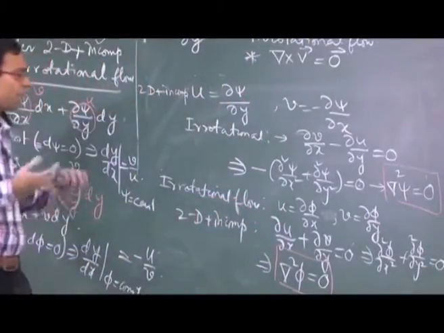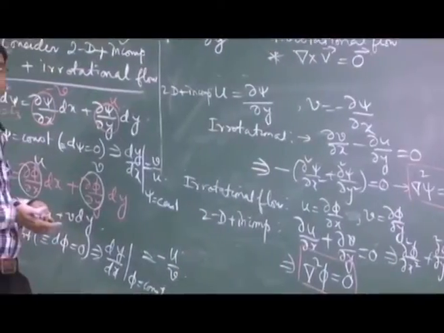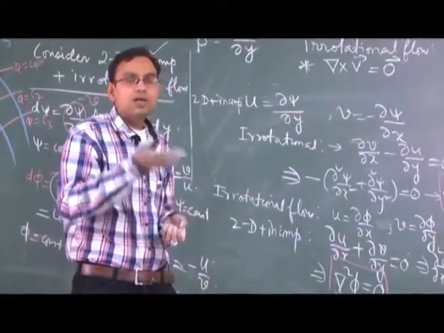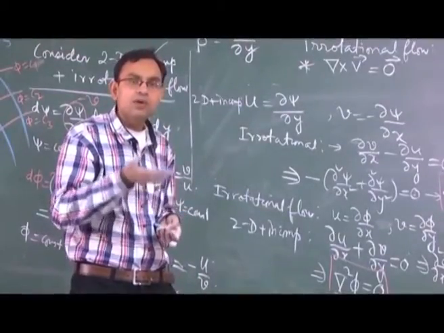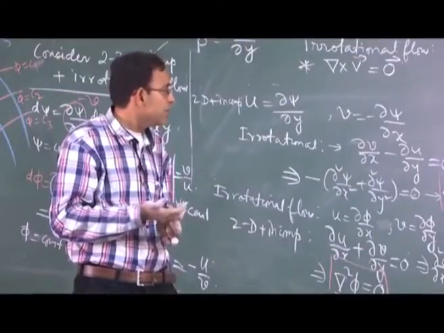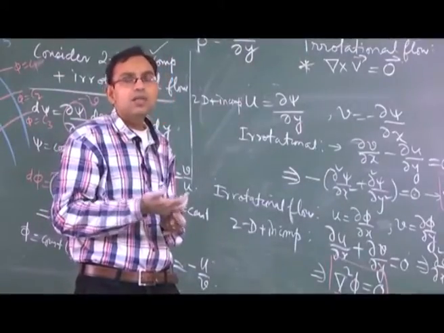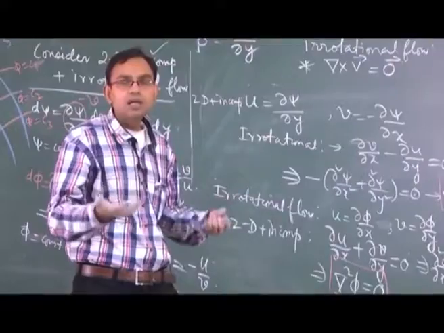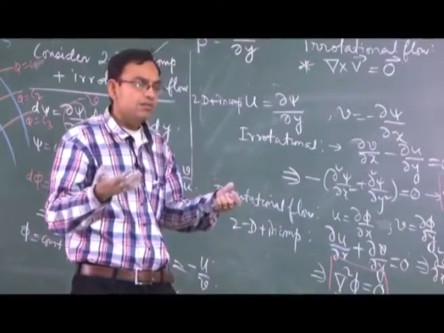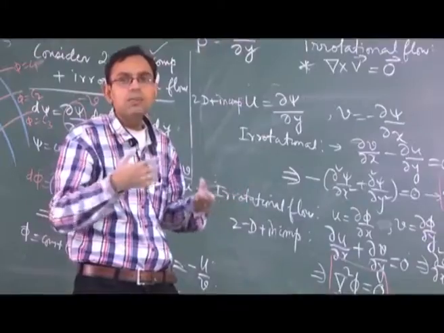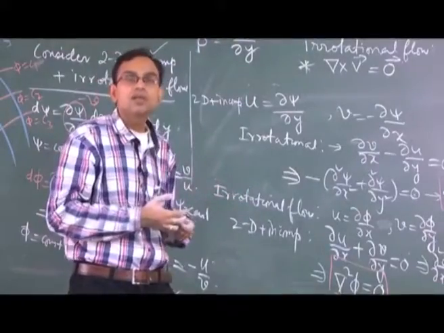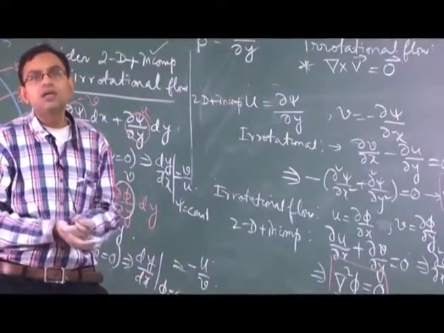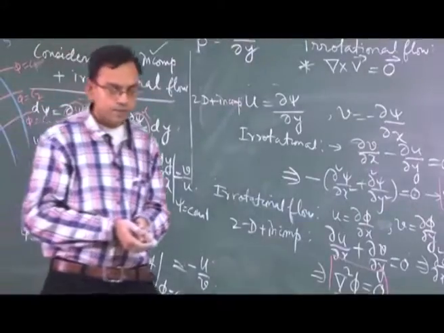Physically, the stream function will be important for analysis when you are trying to reduce the parameters for a two dimensional incompressible flow from two parameters to one. For irrotational flow, no matter 1D, 2D or 3D, you are interested to convert it from the velocity space to a single parameter phi, which is the velocity potential space. So, that may help you to write your governing equations in terms of these parameters, either phi or psi.